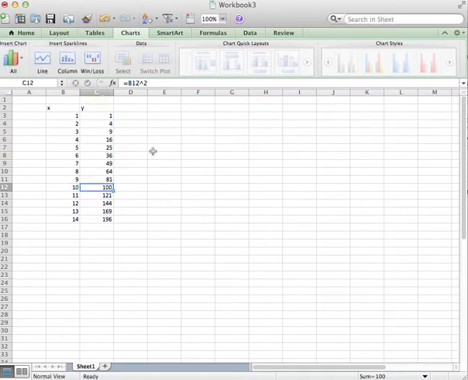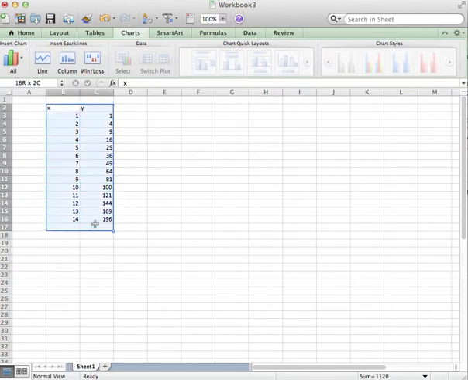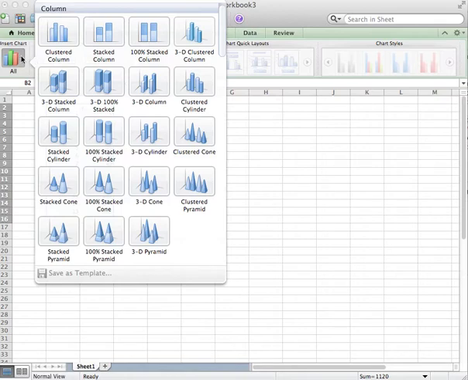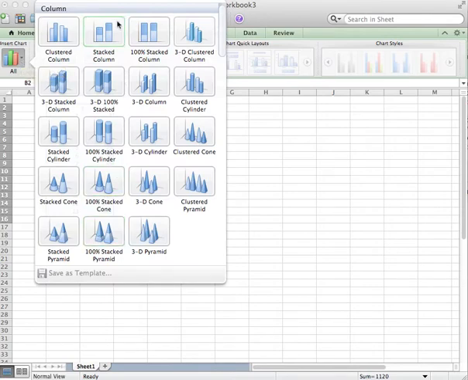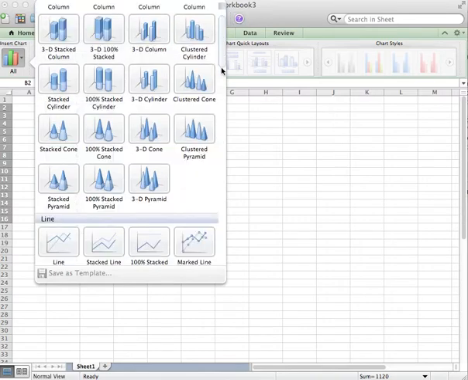Okay, so now to make a plot of X versus Y, I'm going to select both columns of numbers. I'm going to go to the Charts tab, and I'm going to add, I'm looking for, where are the different chart types? Here we go. I have to scroll down. I'm looking for